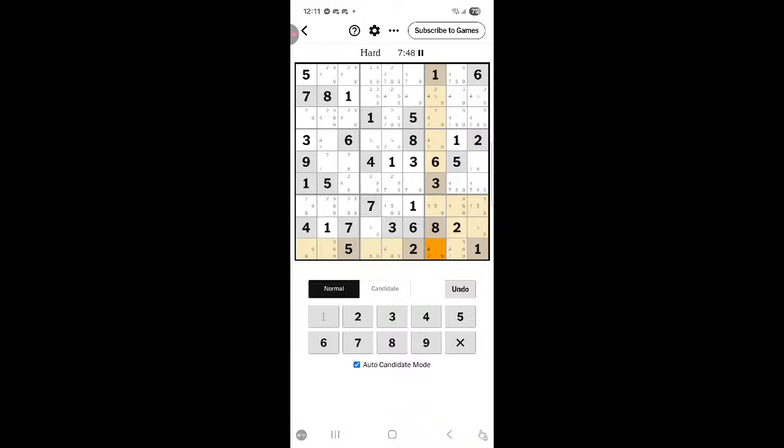Oh my god, am I not able to find anything? I'm looking at every column, every row, and I'm not seeing anything definitive. The only thing I can think of is to just magic binary and then hope that I get it right, which of course I will do. By doing that 5, we force this 9, and that doesn't give us any information, except for this 9, which forces this to be a 5,